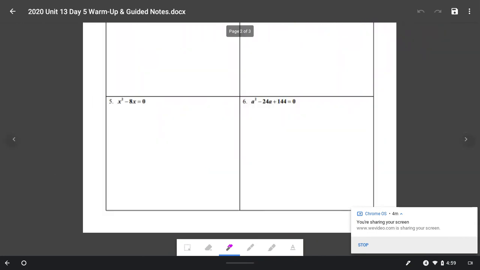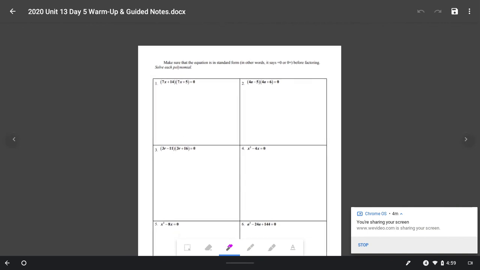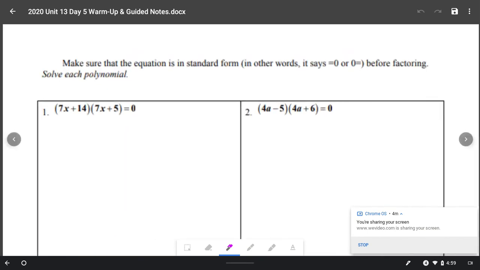The next page, I think that this was supposed to go on the other one. The top here says make sure that the equation is in standard form. That just means that everything is on one side, like we talked about earlier, and the right side would be equal to 0. Or you can move everything to the right side and make the left side equal 0 before you start to factor. Now, the directions here say to solve each